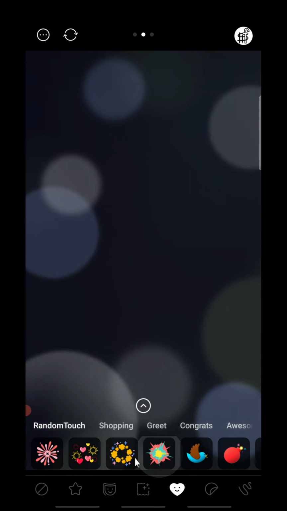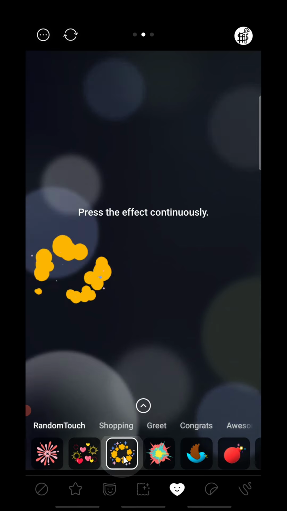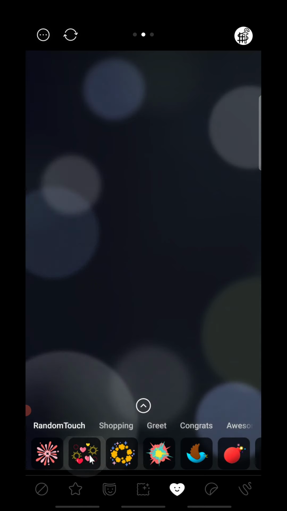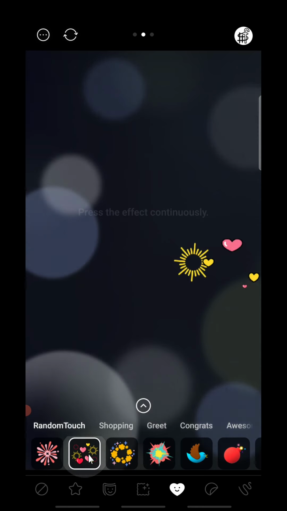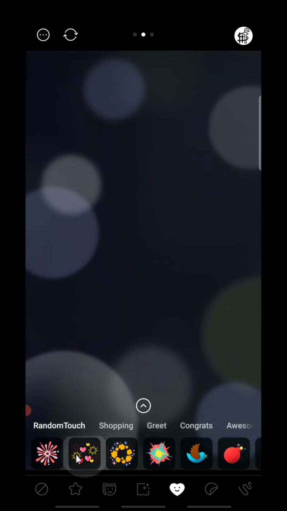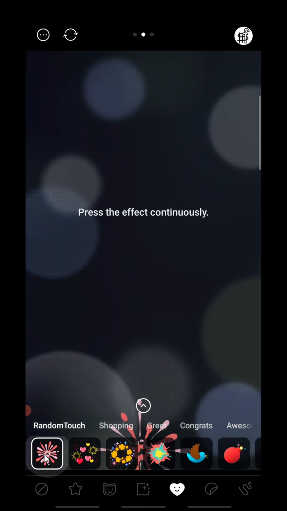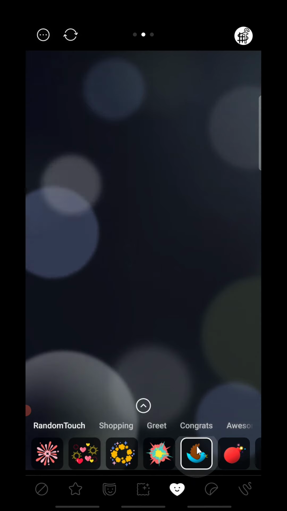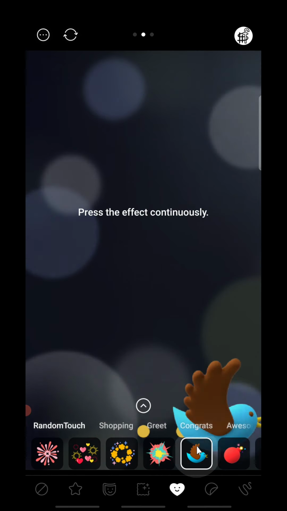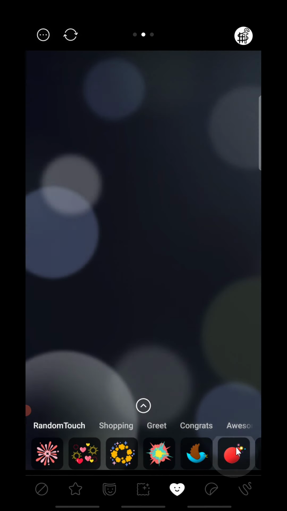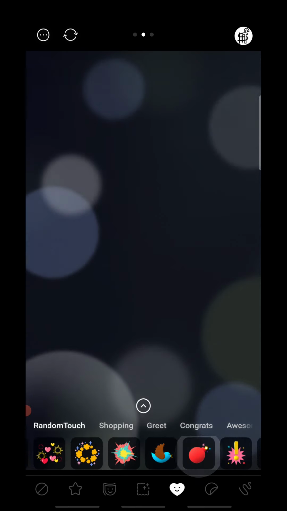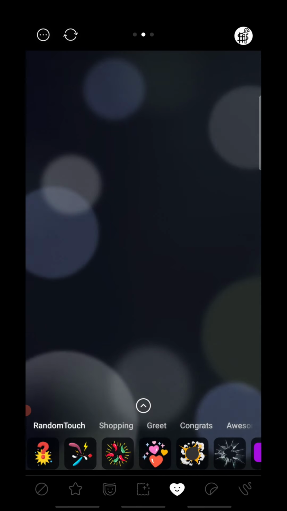Here are some stickers, I think. Let me see. Yes, here are animations and alert type things. See that? How amazing. No one can do this without Prism Live Studio nowadays. This is the only app where you can do these types of effects, magics and other stuffs.